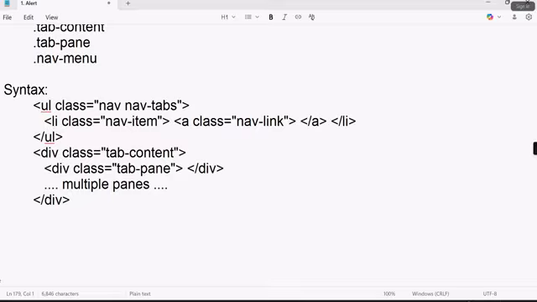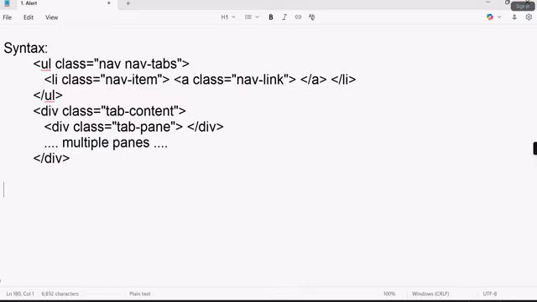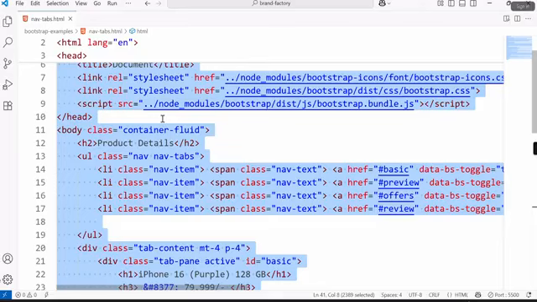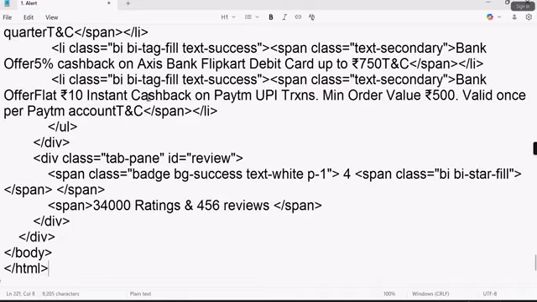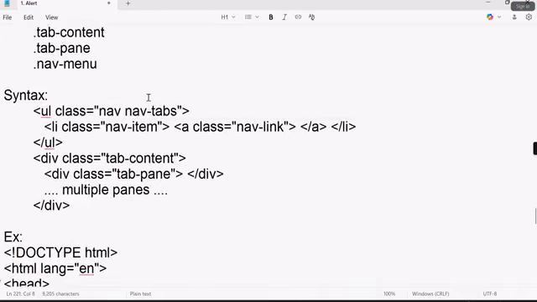So this is now with tabs. Another example for this is this. I will copy this example. This is an example for nav and tabs combination. There is another option we have,